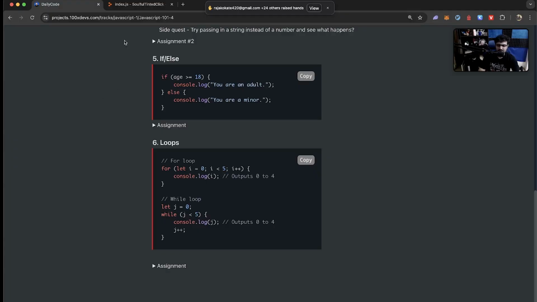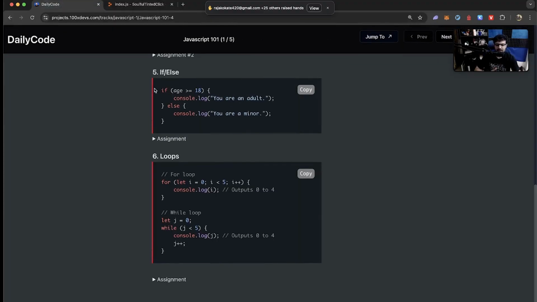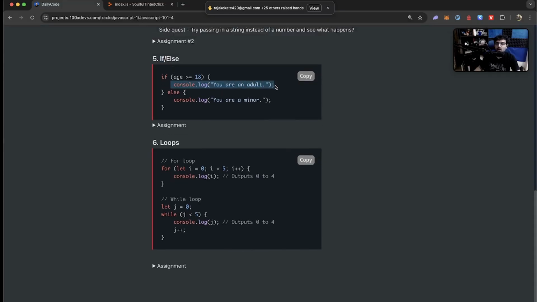I already used an if else over here, so you might be a little jarred when I wrote this code. But if else lets you, as the name suggests, run some code based on a condition. I repeat, language agnostic, exists in every language. Java has it, Rust has it, every language has ifs and elses. Whenever the control reaches here, it will check, is this condition true? If this condition is true, then this gets logged, else this gets logged. I repeat, if the condition is true, then control reaches here.